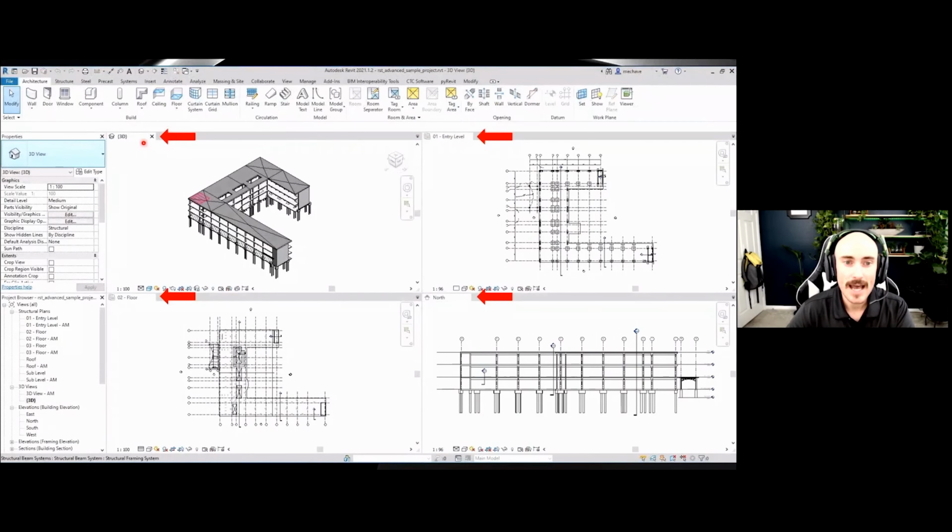Again, we can have that window tab feature, which I just did. The hotkey for that is WT or TW to tile back to the other view we had before. With this tile view, though, we can see what's happening in terms of parametric. If I were to go down in this 3D view and select some type of pier, or maybe the floor, I would be able to see it in view 1. Or if it is being captured in my north view, I would also be able to see it. It's parametric data that we're working with. These elements are hosted, and we'll be able to see them in whichever view they are being selected in if we have a tile view like this as well.